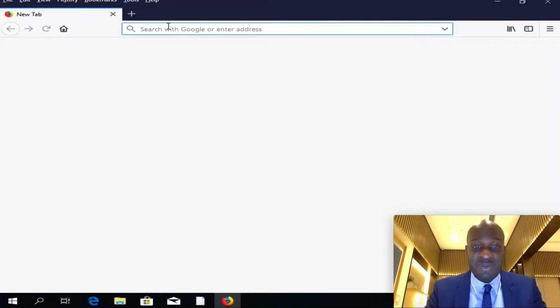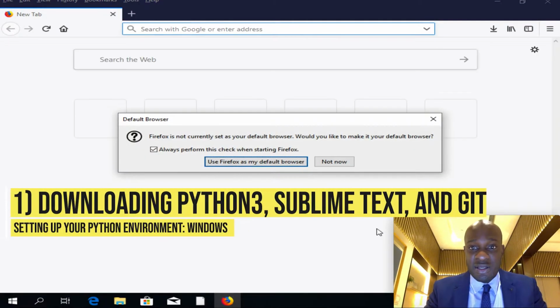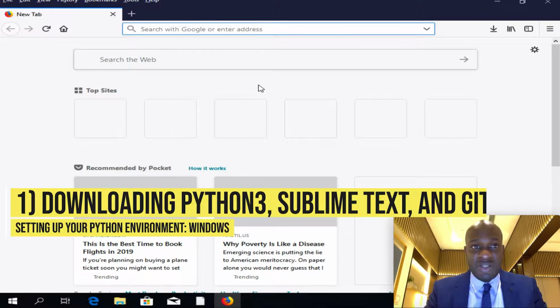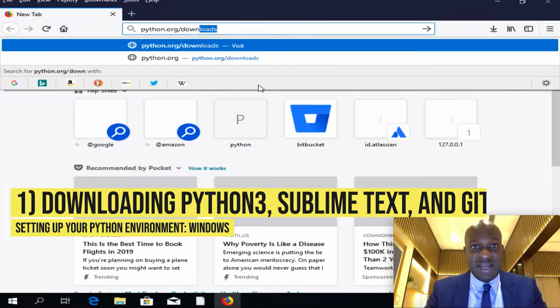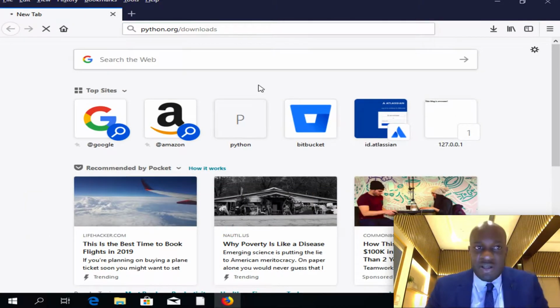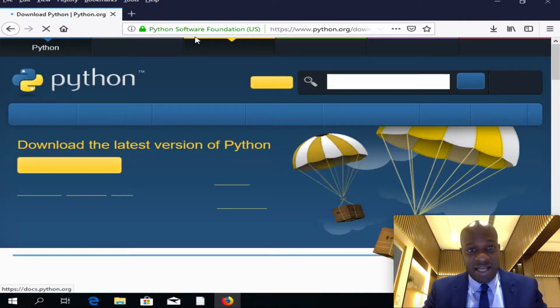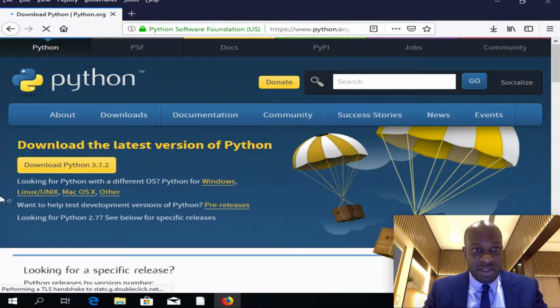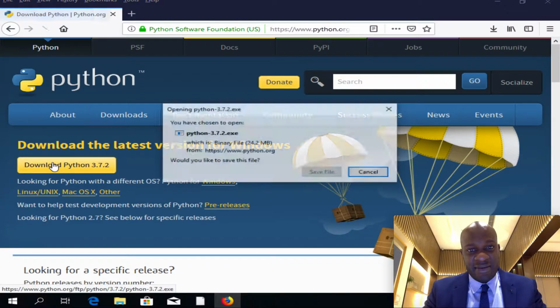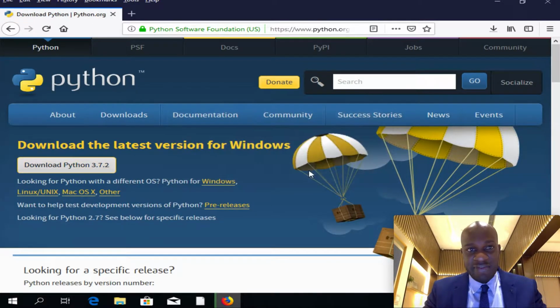You're going to open up Firefox, and I want you to go to python.org/downloads. I think it's downloads. I could be wrong. It could be download. But once we go to this website, it's going to allow us to download the latest version of Python. Beautiful. That's what we want to do. So we're going to download Python, save,